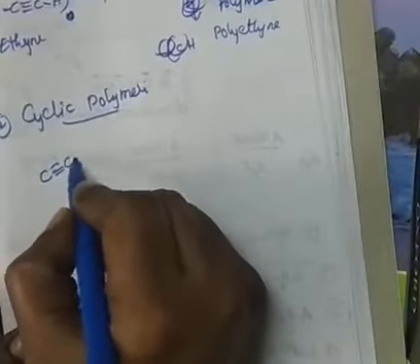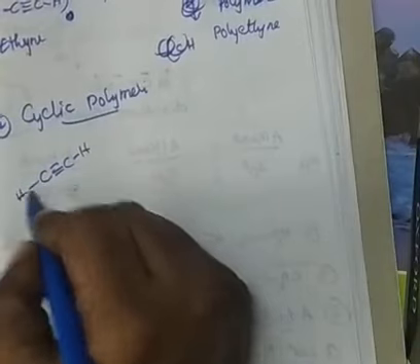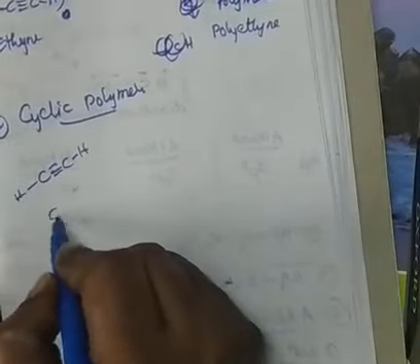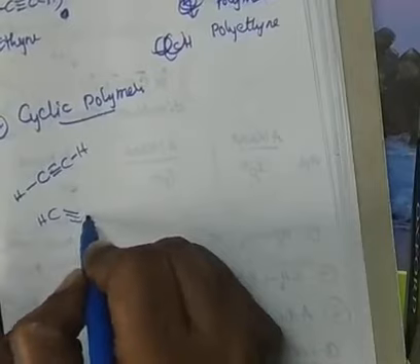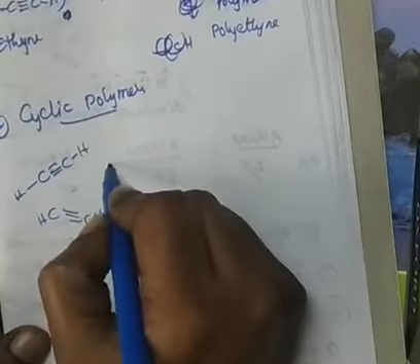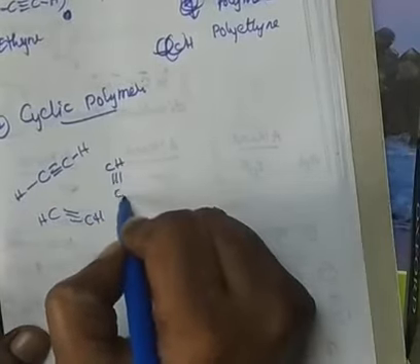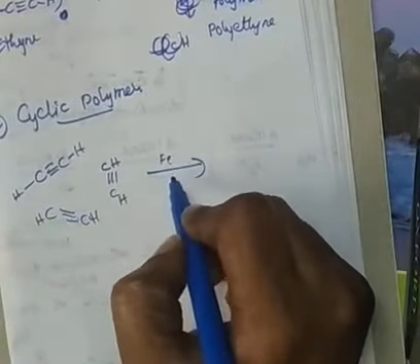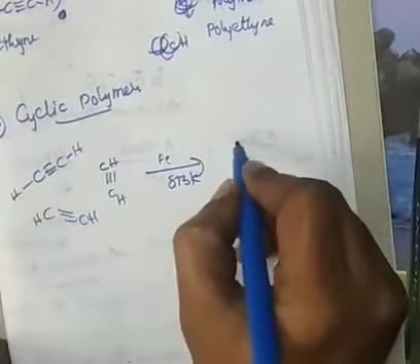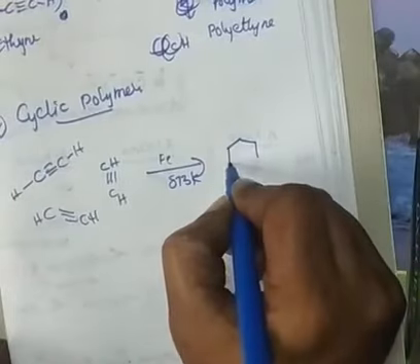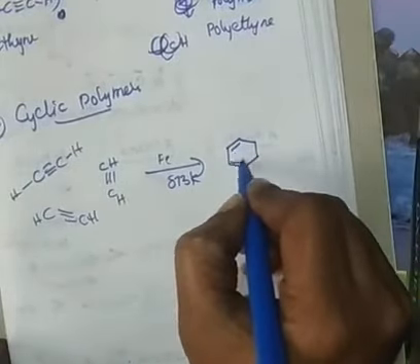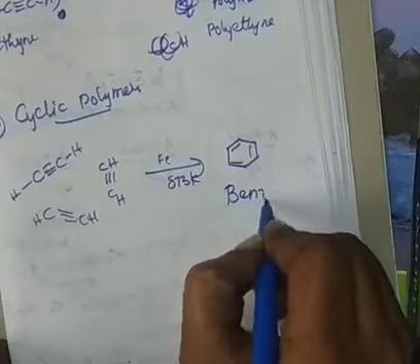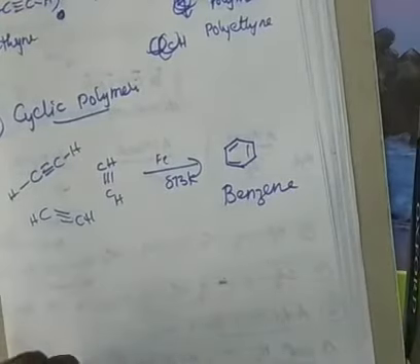For example, the same ethyne molecule I am taking here, but for your sake we are representing it like this. Here, CH, CH, three molecules I am taking. How is a cyclic system formed? It is in red hot iron in the presence of 873 Kelvin. I said polymerization takes place at high temperature and pressure in the presence of a catalyst. See here, you are getting benzene, C6H6. How is it formed?